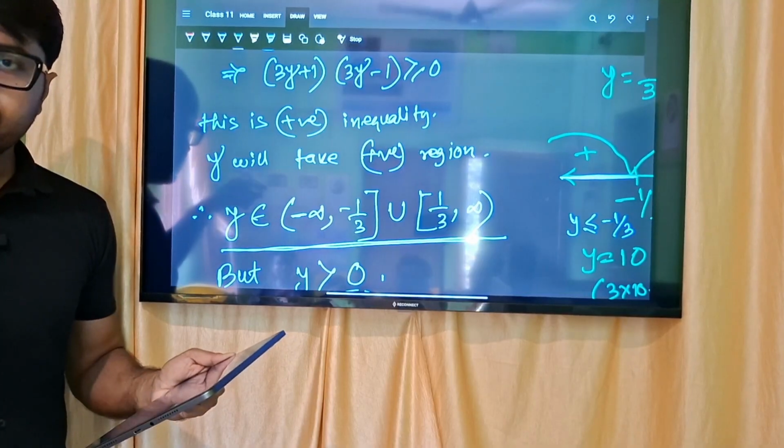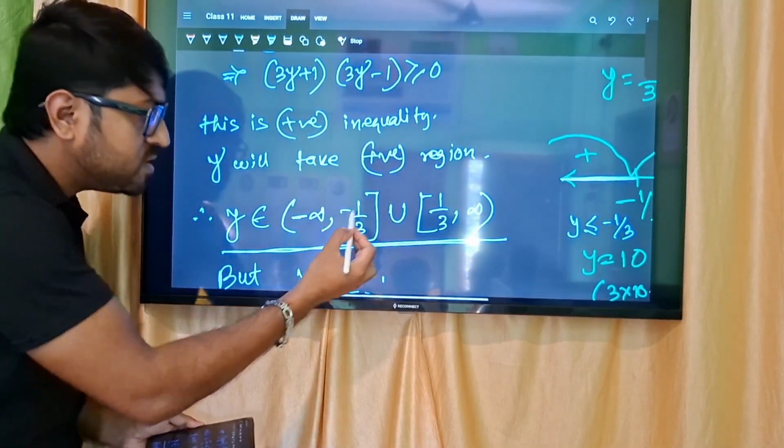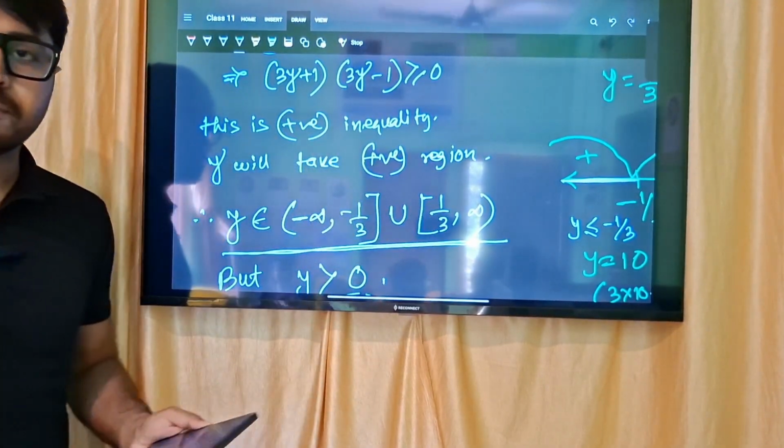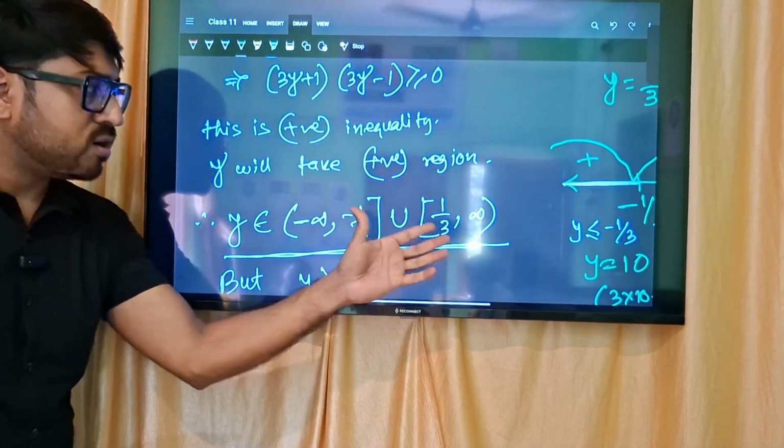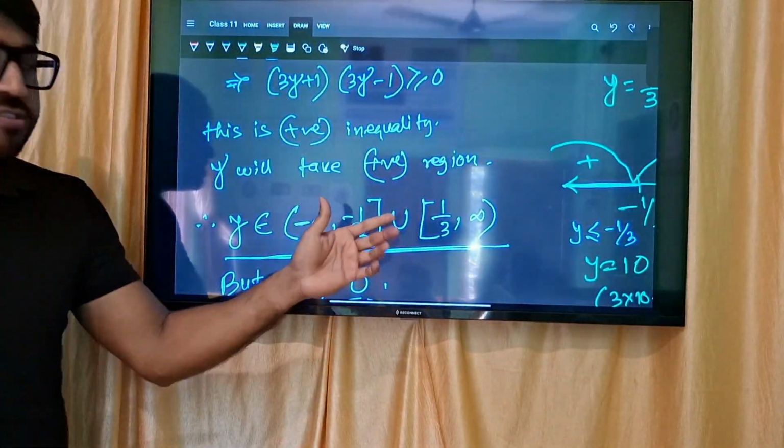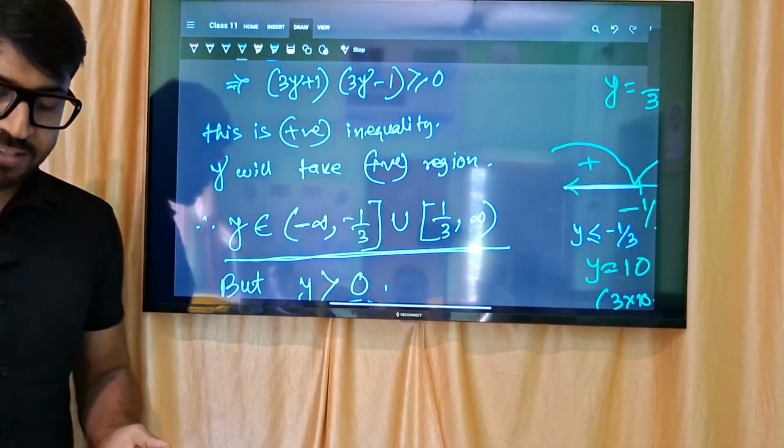And if it is intersection, the common element only. So union means this region and this region is taken. The question is whether the range will be full or whether there is another concept also. Range কি পুরোটাই নেবো আমরা? আনসার হচ্ছে গিয়ে